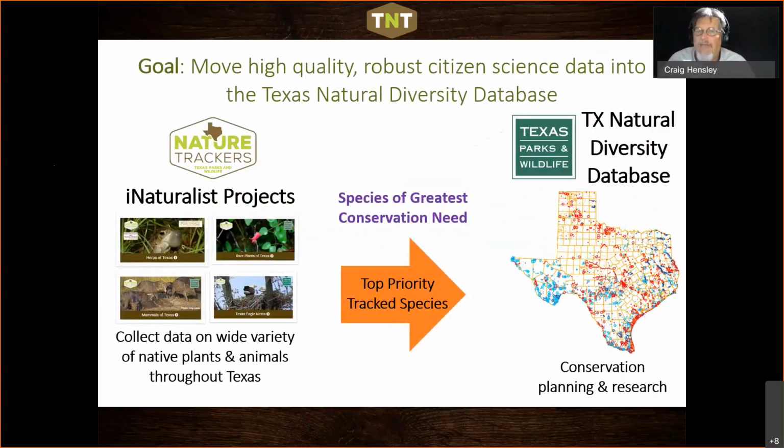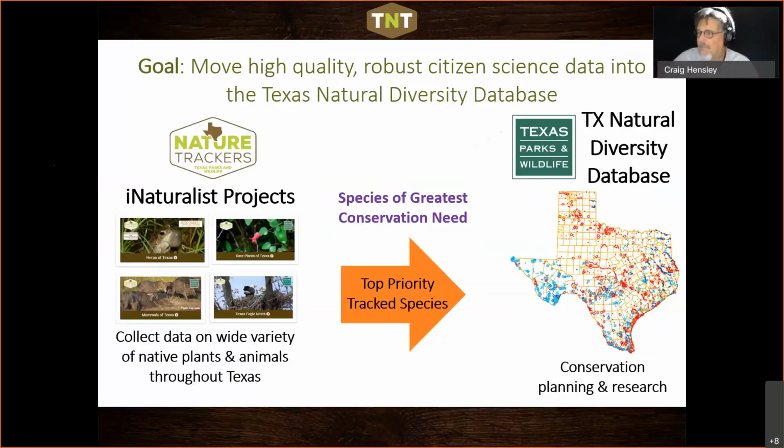And we do that by having our own iNaturalist projects. These are all traditional projects. You have to join each project and submit the data through those projects. But we can take that information, vet it, as I mentioned, and then give that. And we really focus on what are known as species of greatest conservation need. So we're looking at specific species, and we're going to talk about what those are in just a moment. We take that data, give that to the Texas Natural Diversity Database team, and then they can further vet that